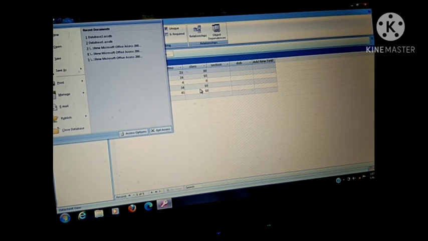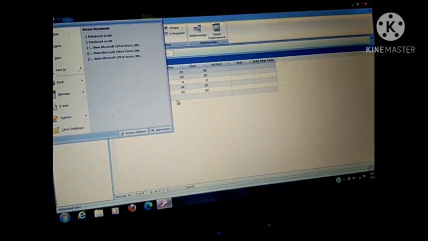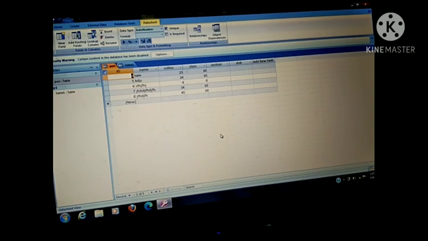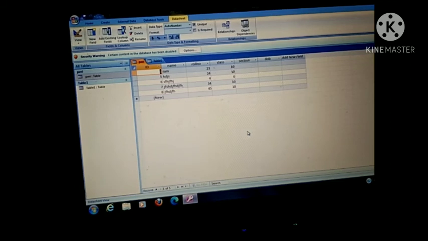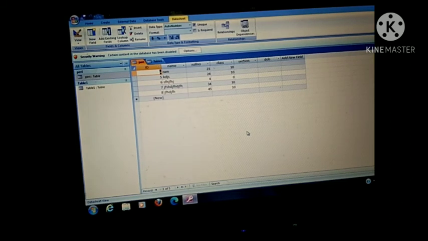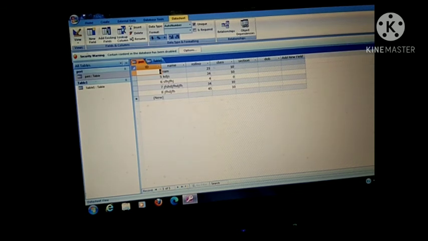Our next task is how we can create a table in MS Access. So children, for creating a table in MS Access, we have two methods. First one is datasheet view. Second one is design view. For creating a table, datasheet view is already in front of you. The table comes right in front, and one table is there in front of you.